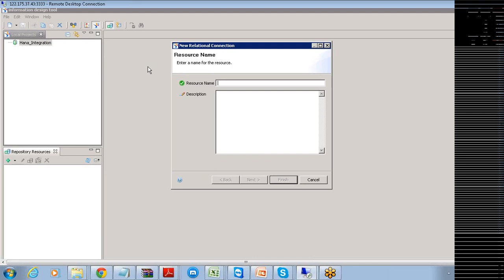So I specify this one as relational underscore connection. We create this one and click on this Next button.